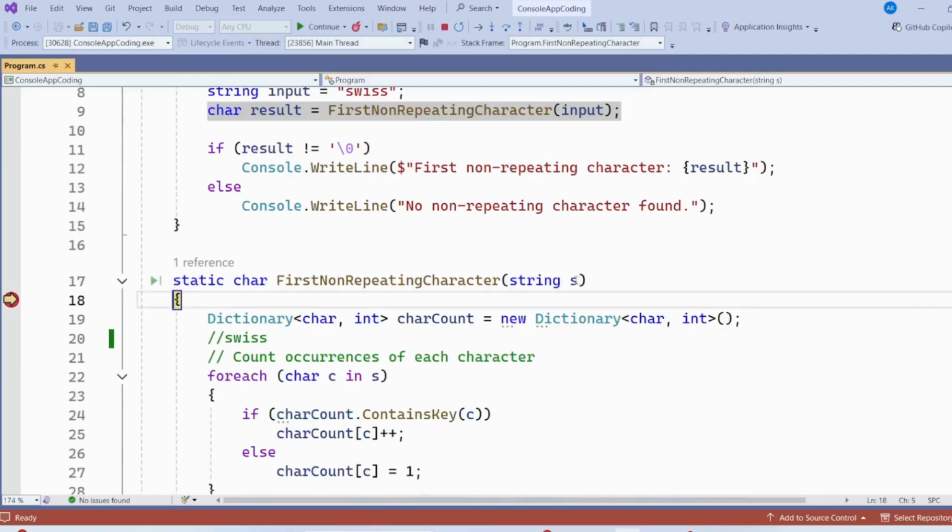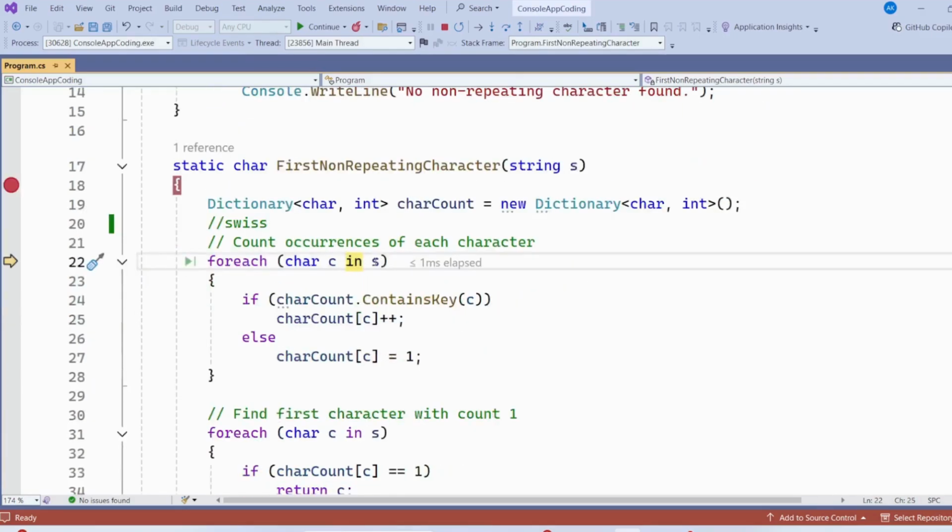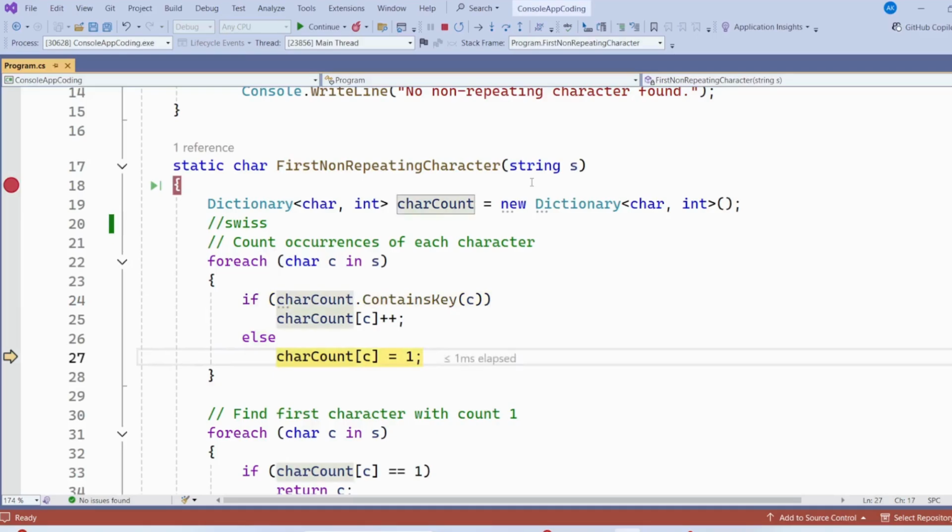Yeah, so you can see here, this is my string. From the string, it will take each character. It will take the first character, S. After that, if the character count contains it, and it does not, then the first time it will go to the else block and the count will be 1.